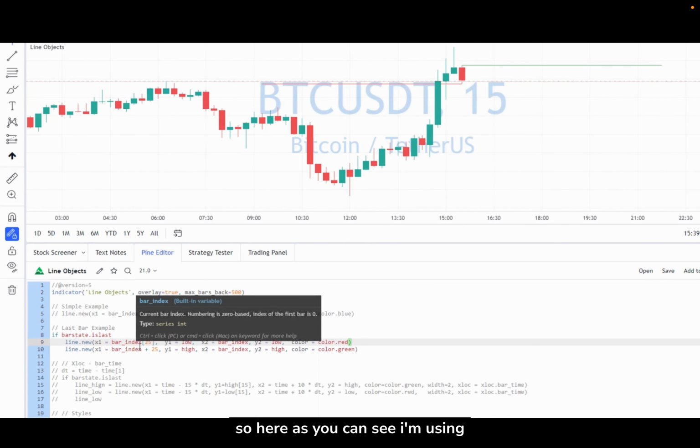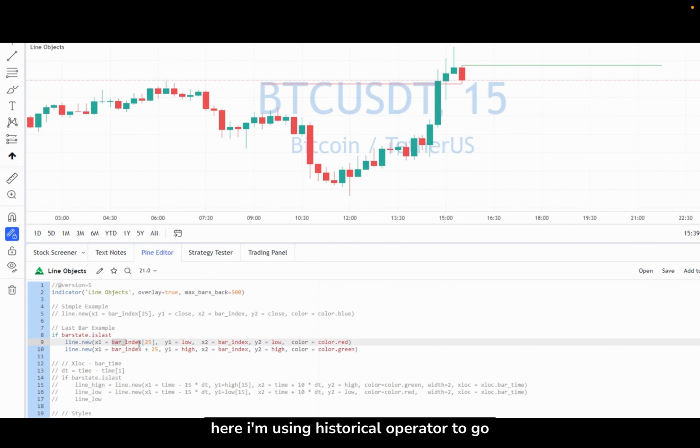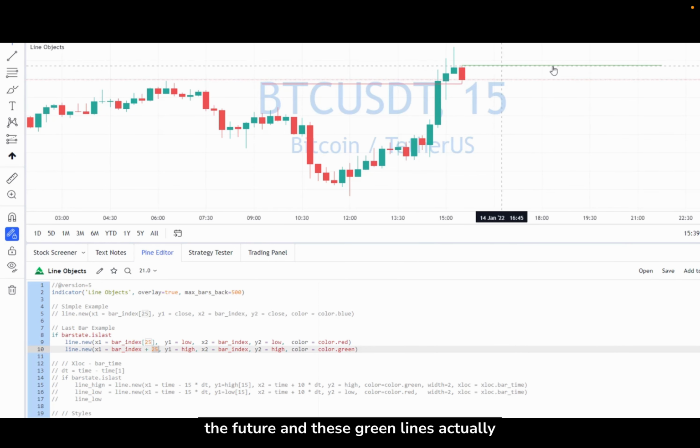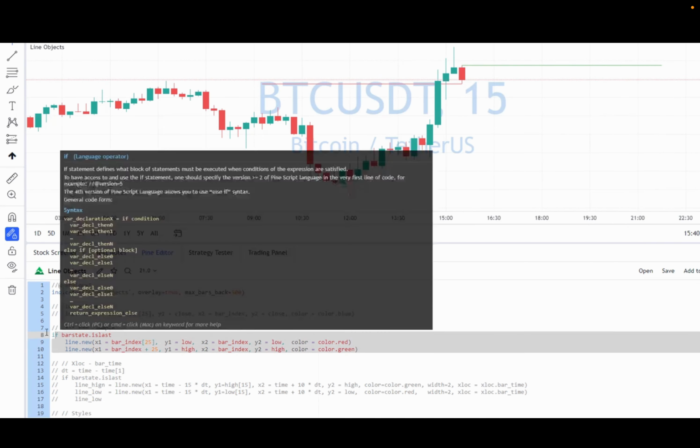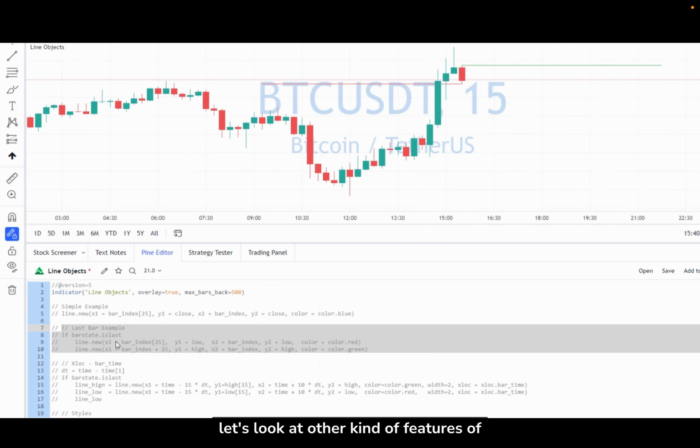So here, as you can see, I'm using the historical operator to go back in time and plot my line to the past. But also what you can do is use plus bar index and add up to 500 bars and plot your lines into the future. And these green lines are actually plotted into the future. So as you can see, it works quite fine. Now let's look at other features of